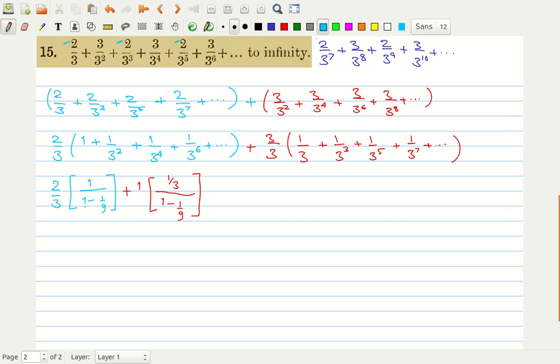So this is 2/3 times 1 divided by 1 minus 1/9, which is 8/9. So 1 divided by 8/9 is actually 9/8,